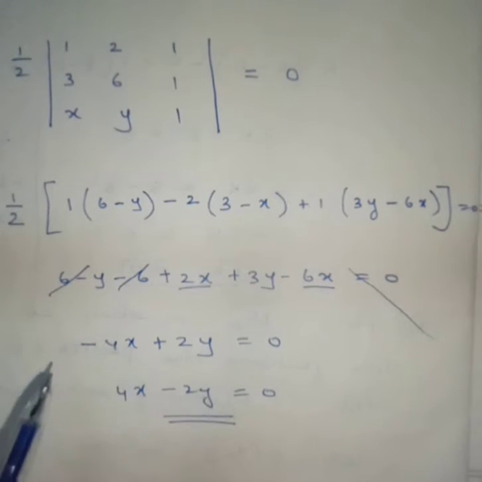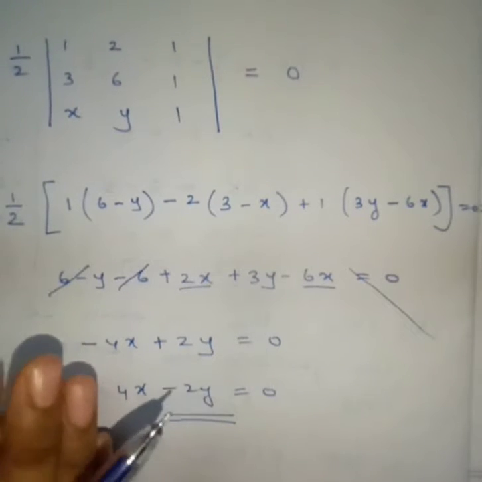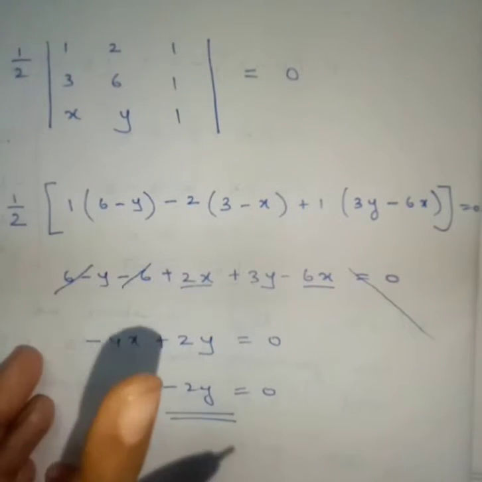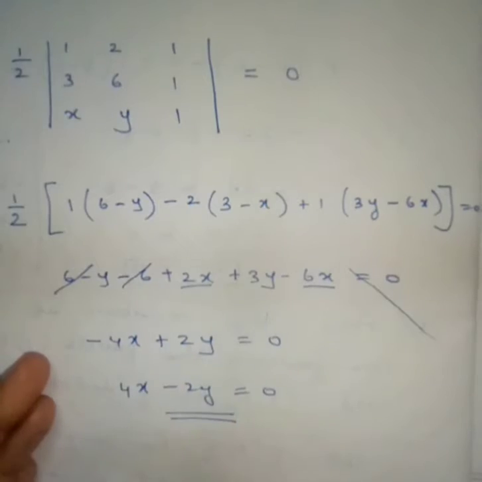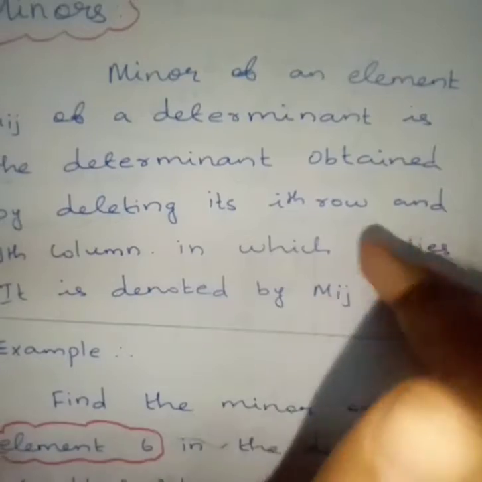So in area, what are the things we have learned? Finding the area of the triangle when coordinates are given. Area is given, find the value of k. And then the third part is find the equation when 2 points are given. Okay. Yes, are you all ready to go for the next concept?